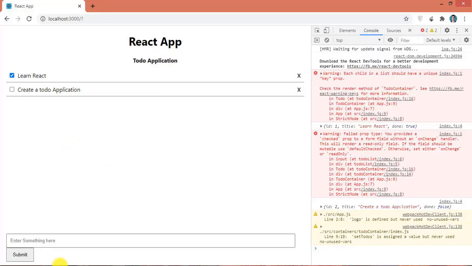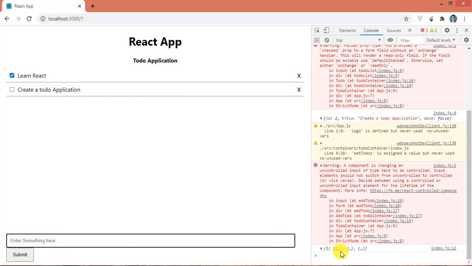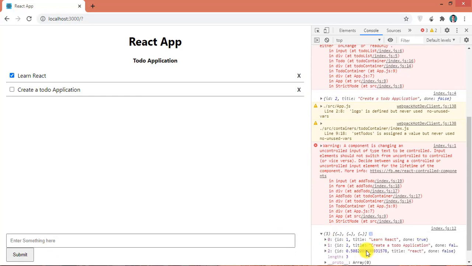So let me write something here, React. So you can see here I have this 3 elements inside this. So 1, 2, and you can see here I have this third element added successfully.